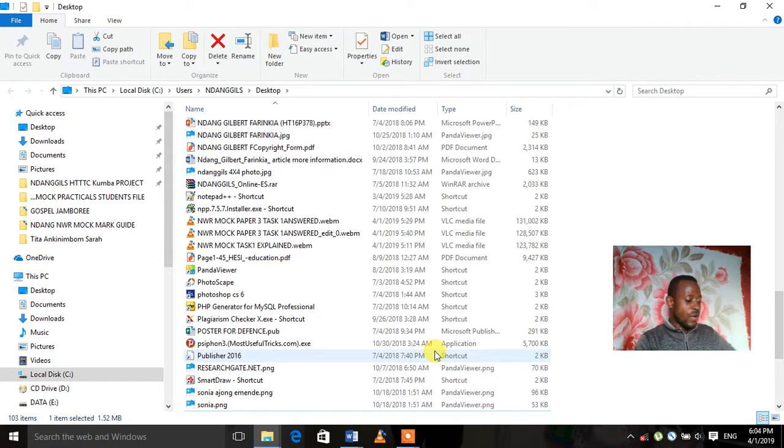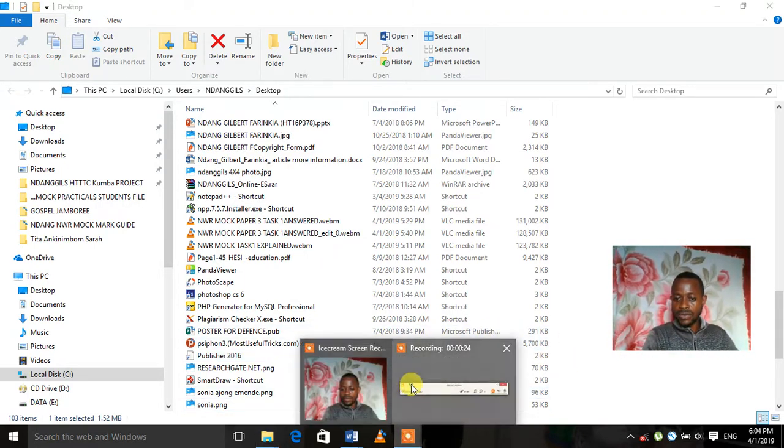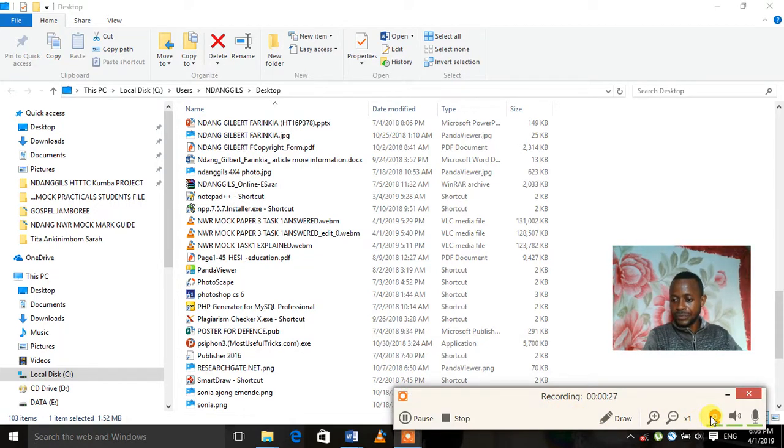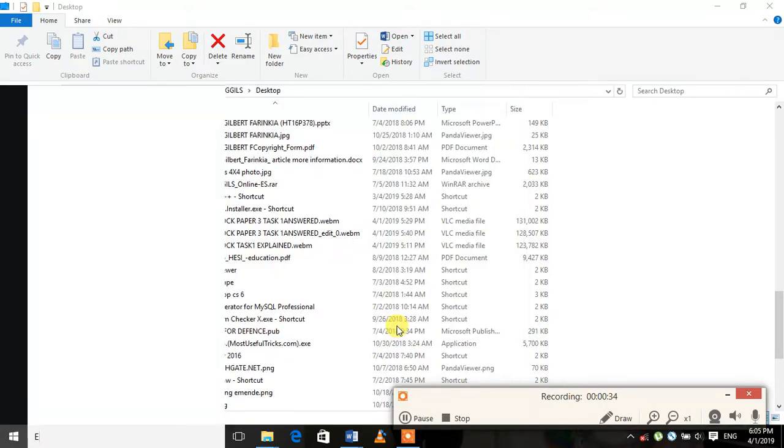Fellow students, we are going to continue with task 2, and in task 2 the students are required to work in Excel. So the task says that the students should launch the spreadsheet software installed on their computer and carry out the following activities. Just like we did with task 1, we are going to be doing task 2, and in this task we're going to open Microsoft Excel,